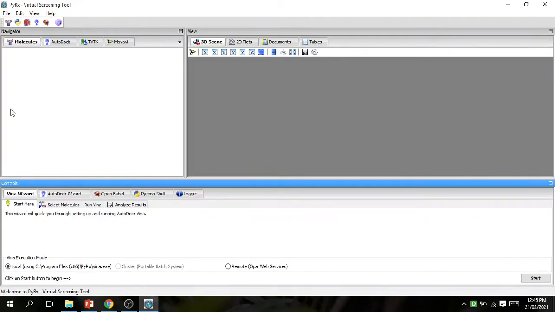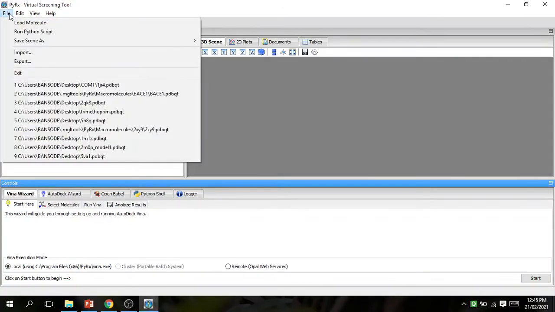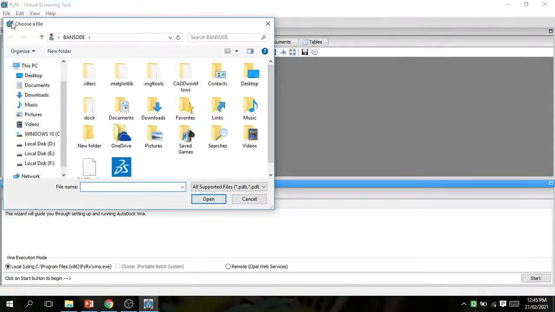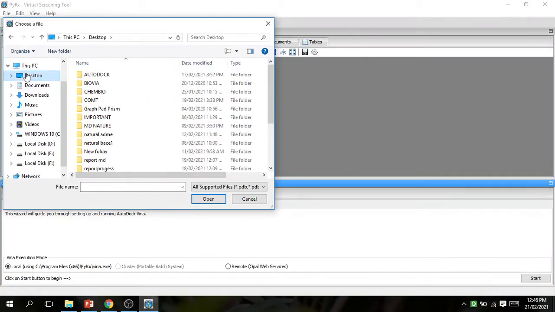First step, you want the protein. I prepared the protein already, COMT catechol-O-methyltransferase. Go to File, load molecules. I select that prepared protein. Open the desktop, open this COMT.